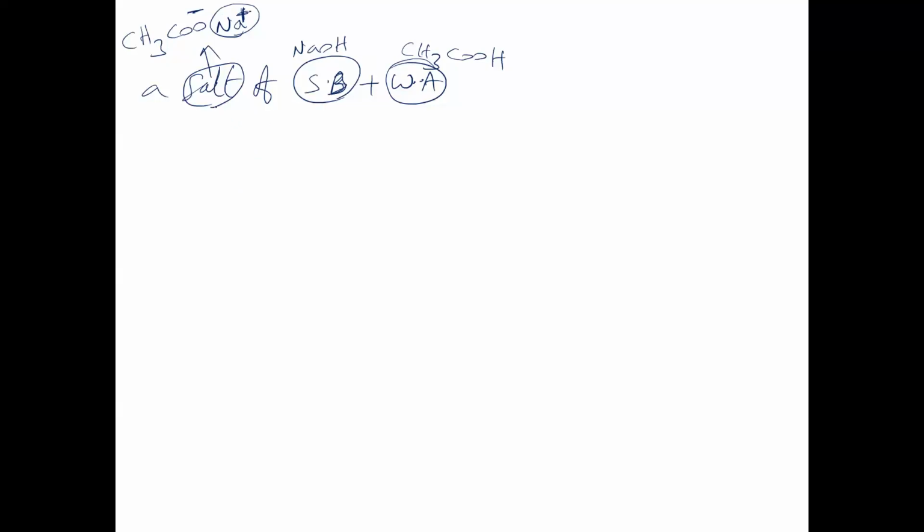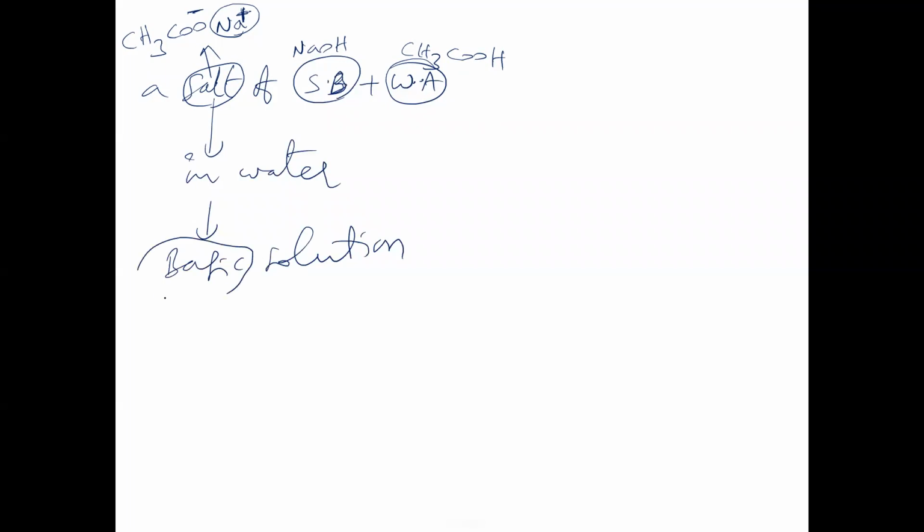Suppose if you dissolve this type of salt in water, tell me what happens now. Which type of solution will be produced here? Basic solution or acidic solution? Basic will be formed, because we have taken strong base and weak acid. So we get basic solution. Basic means alkaline. Basic is also called alkaline solution. Alkaline solution means what should be the pH value? For bases, pH should be greater than 7.